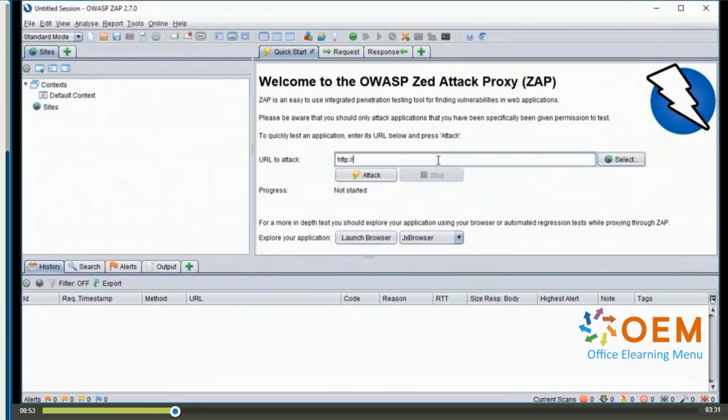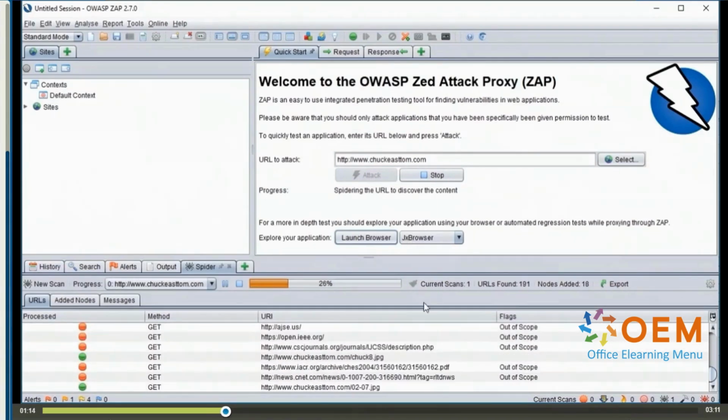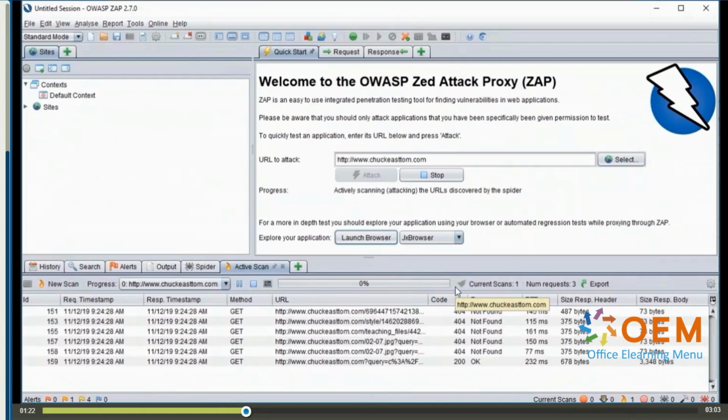Now, all I need to do here is to enter in the URL that I would like to check. Now, before we go any further, yes, the button says attack, but I use my own website to demonstrate this all the time, and it has never knocked my website offline or caused any harm whatsoever. So I'm going to select attack, and it's going to begin. And you can see at the bottom, it's telling you the scans, it's telling you what it's finding. There are lots of links on my website, so it finds quite a bit of that, and it's working its